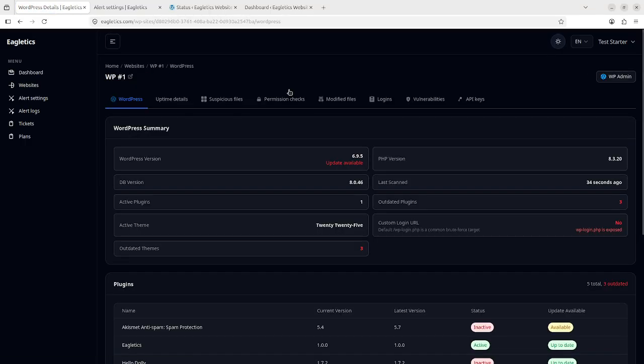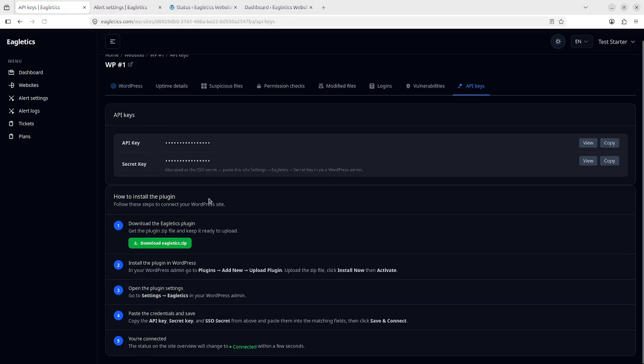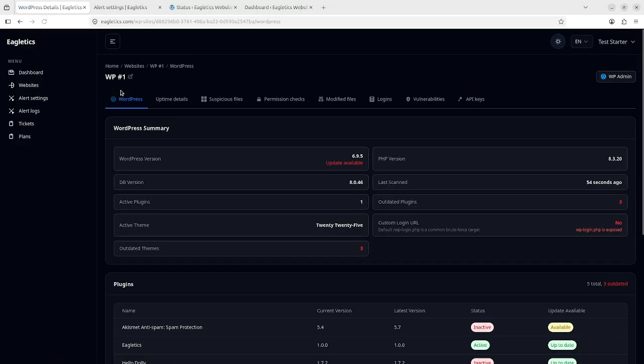You can see there are multiple tabs. This API key tab is what we had seen earlier. If we want to get the key again, we can go to this page and see this API key and secret key. Now this is the first tab. This tab shows the current version of WordPress, PHP version, database version, last scanned 54 seconds ago, how many plugins are active,